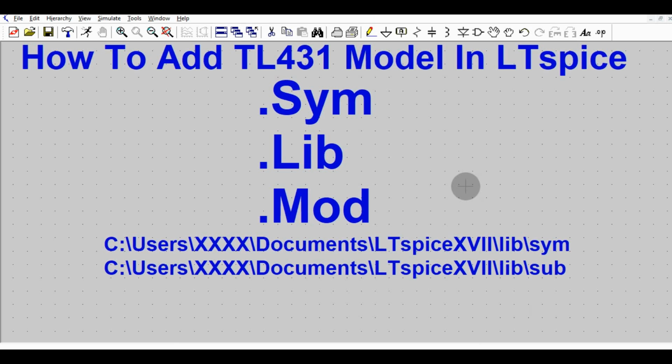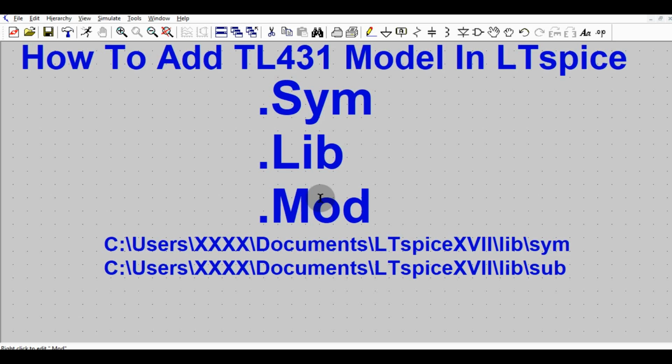So now coming back to the addition of these files in LTSpice. I will upload these files in Google Drive, and I will share the link for these files in the description section. You can go and download these files and you can add them in your local library. Okay.